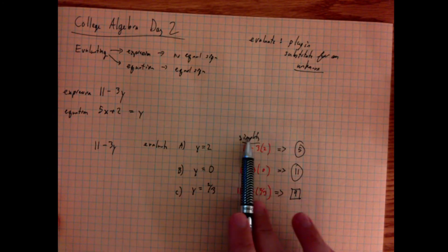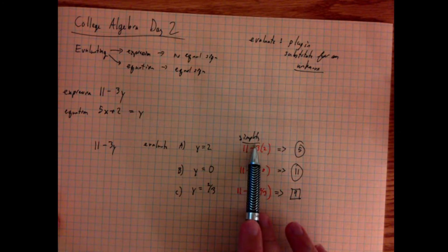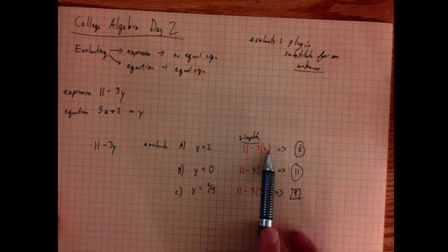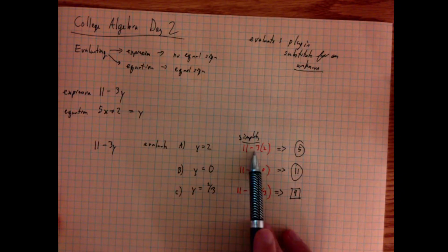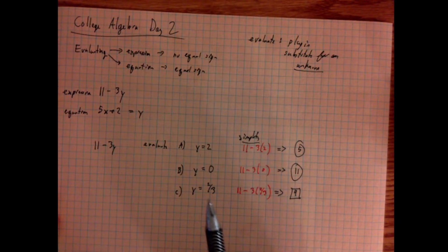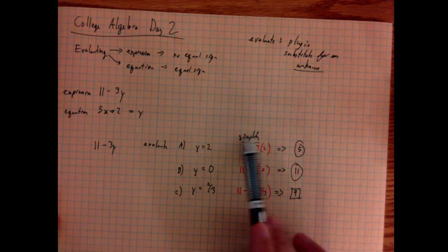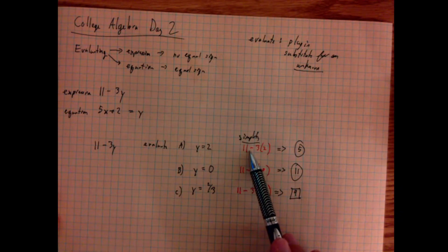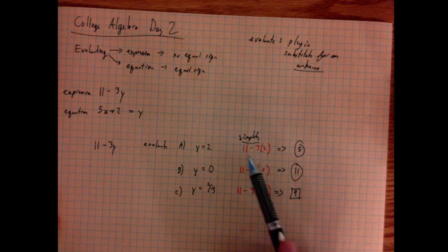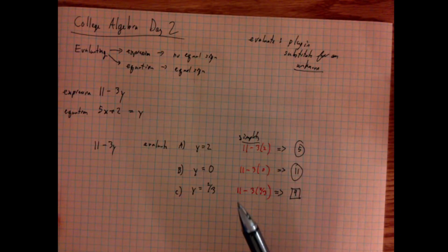So notice that when we talk about, from last time, simplify, simplify just means to combine and reduce complexity. So the 3 times the 2 is an operation we can do. 3 times 2 is 6. The 11 minus 6 can be done as an algebraic operation, and 11 minus 6 is in fact 5. And so we've taken this complex statement containing two operations, a minus and a multiplication, as well as a set of parentheses, and reduced its complexity down to a 5.